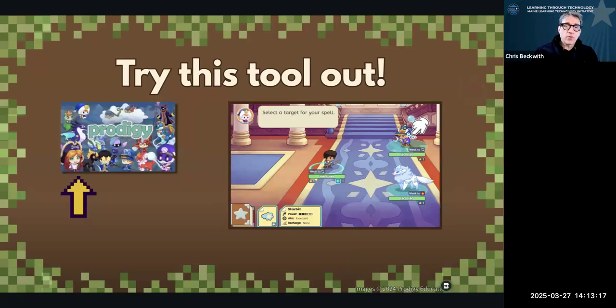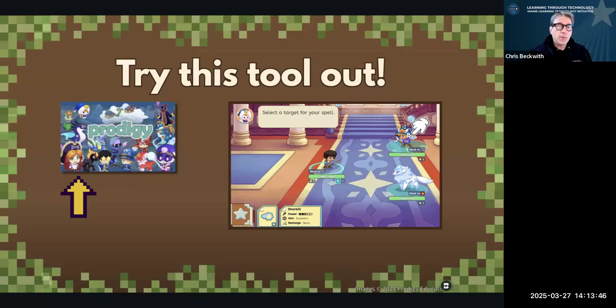Prodigy has been around for a while, and it looks like it's designed for younger grades, but my middle school students eat it up, and older students probably would as well. You create an avatar, and then you go into this world. There's other players there that might be friends from their own class, or people from anywhere else in the world. There's no real player interactions. It's all designed to be safe for school, so you don't have to worry about that.